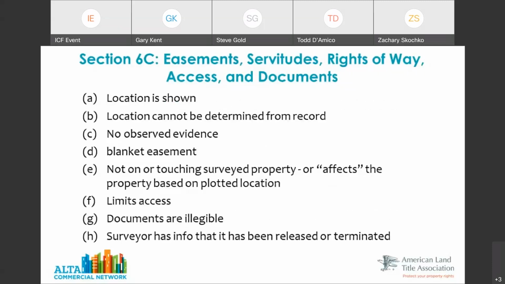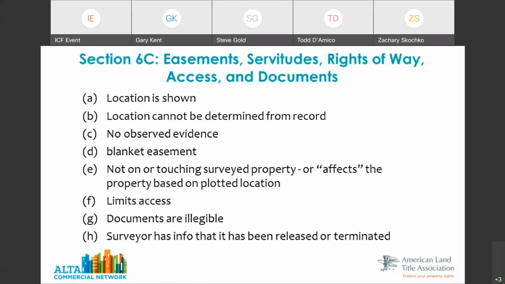The other thing, which is a change from 2016, on E here, we always focus on, I think I said yesterday, factual, objective statements and observations. But there are a lot of people who like the word affect. They want the surveyor to say, does the easement affect the property? And I've always shied away from that because whether it affects the property is a twofold question. Does it plot on or touch the property? But is it even a valid easement? Surveyors don't run the chain of title to check to see if it's a valid easement, and yet people want us to say that.